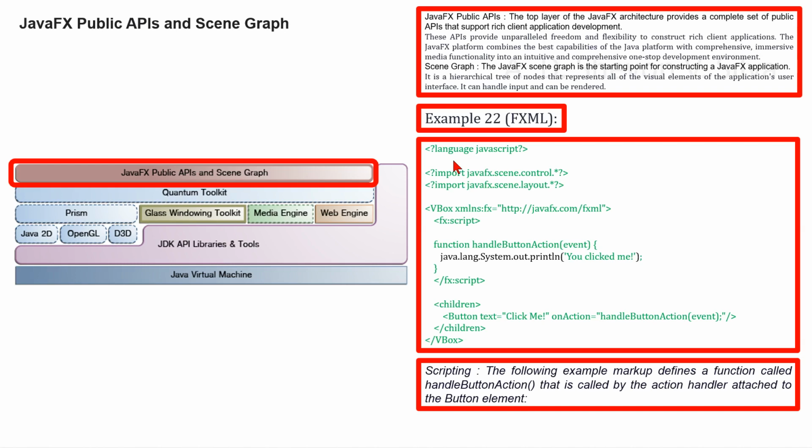Script code is often used to define event handlers directly in markup or in an associated source file, since the event handlers can often be written more concisely in more loosely typed scripting languages than they can be in statically typed languages such as Java. Note the JavaScript script engine is disabled by default. If the JDK has a JavaScript script engine, it can be enabled using a system property